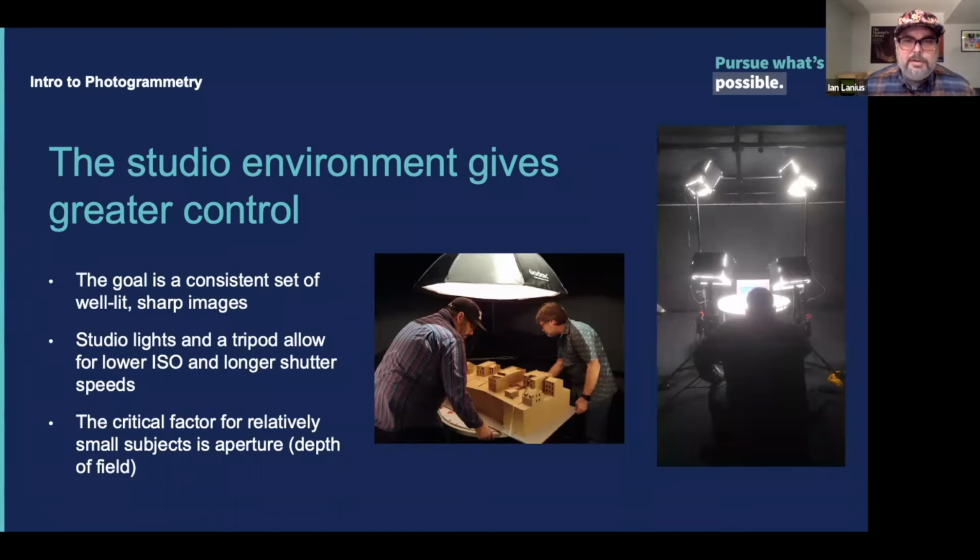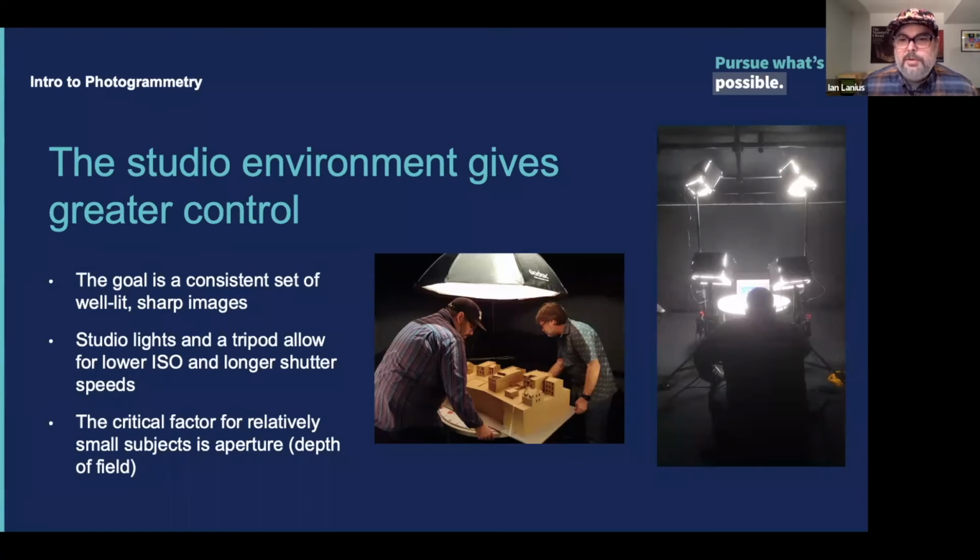When you're out in the field, say you're shooting a landscape that has trees waving in the breeze, you might want to use a higher shutter speed so you don't get that motion blur. But in the studio, we don't have to worry about that,